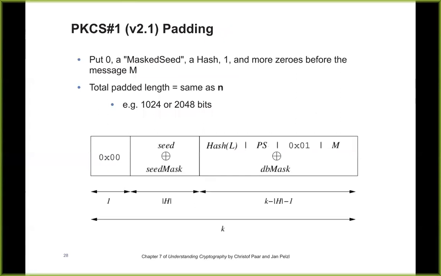So what you do is you pad it. And remember, you have this huge input buffer, because you're going to end up with 2048 bits or something, and the message is almost always very small. So you pad it before the message. You put in a seed mask and a hash value and a couple other things here. So it's actually got an integrity control inside there. And then you encrypt this whole mess. So when you decrypt it, you take the message and compare it to the hash. And now that's very difficult for anybody to forge. That's how you solve it. That's PKCS number 1. We're going to use PKCS number 7 a little later tonight with the padding oracle attack. There's various recommended ways of padding. This is how you're supposed to pad RSA.